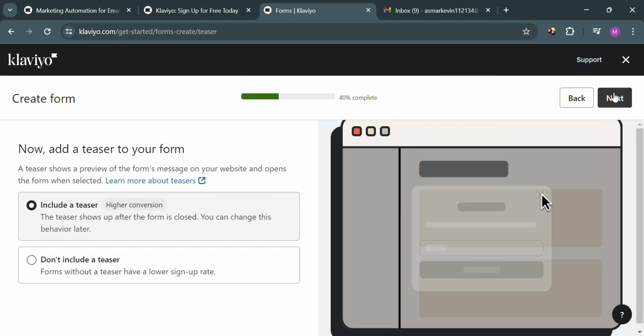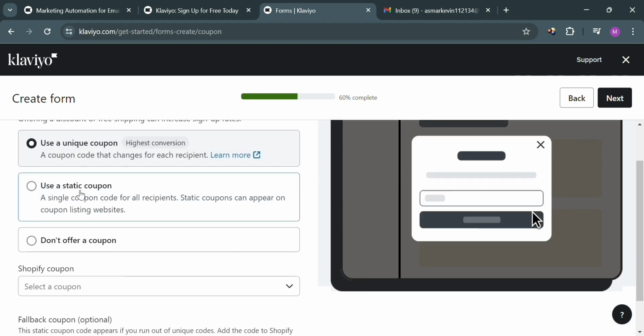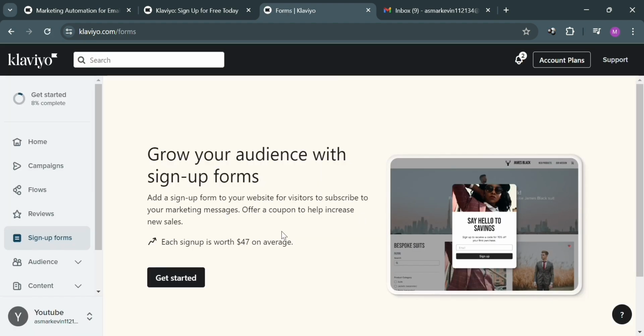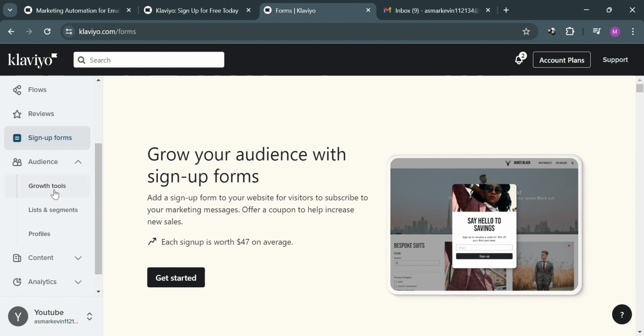But that is only optional. So basically, just fill out all of the required information and select your answer. Then just click the next button on the top right corner to create a form. Now going back in here, you could also navigate the audience option, such as the growth tools, list segments, and